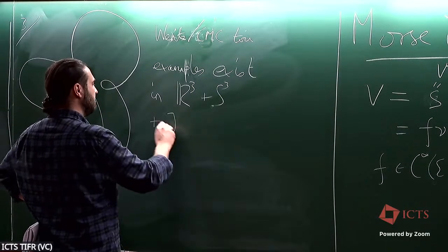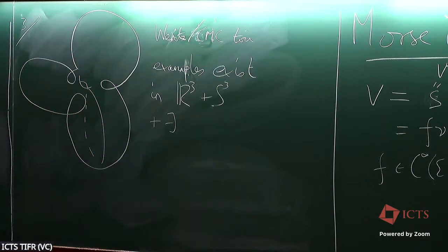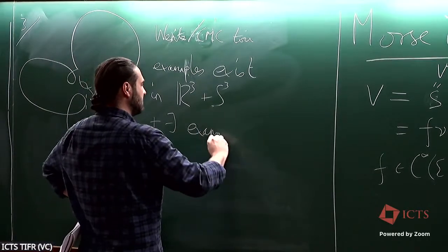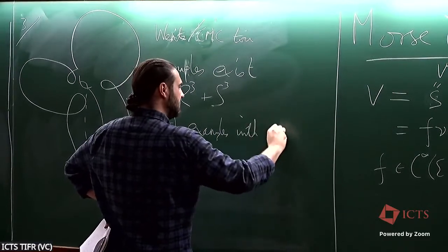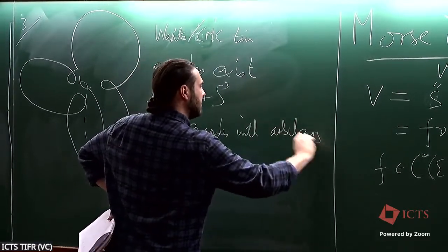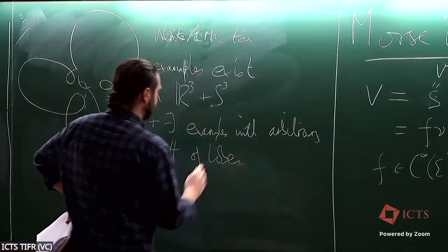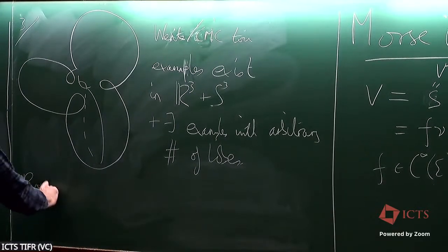There exist examples with an arbitrary number of lobes, by which I mean, if you give me an arbitrary number, I can find an example with at least that many lobes. That's a very imprecise mathematical statement, but nevertheless, a result of Rossman